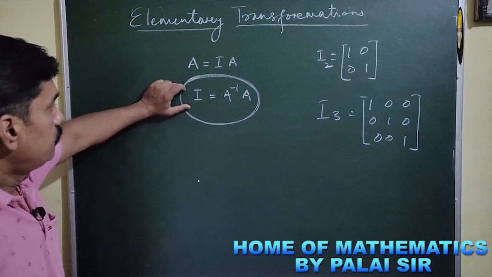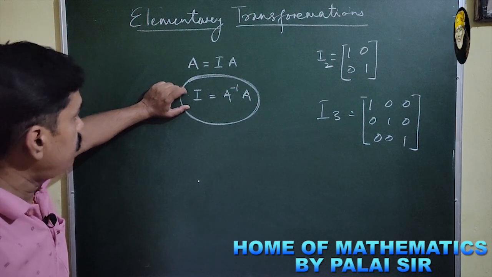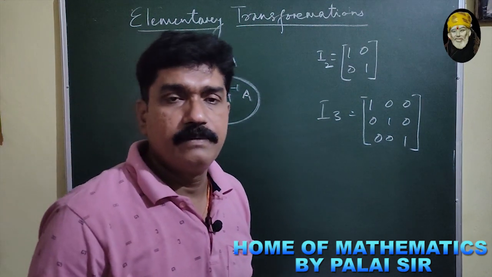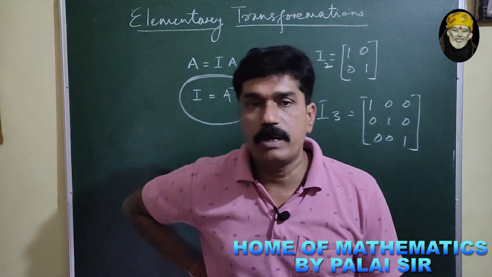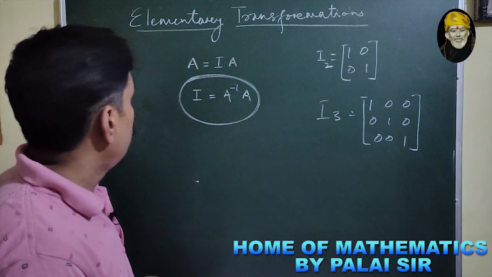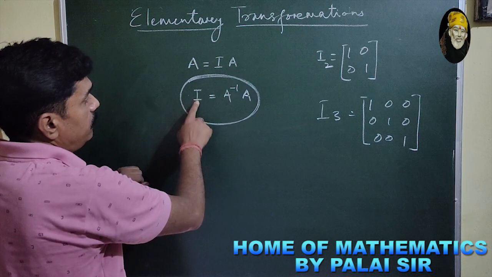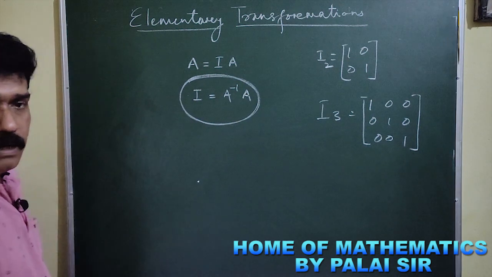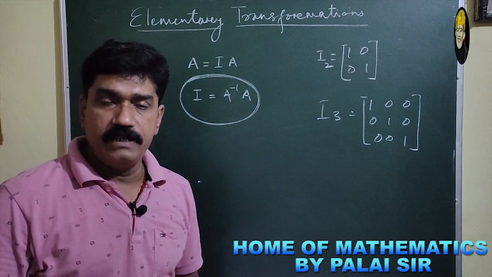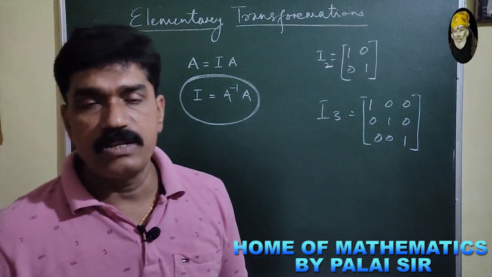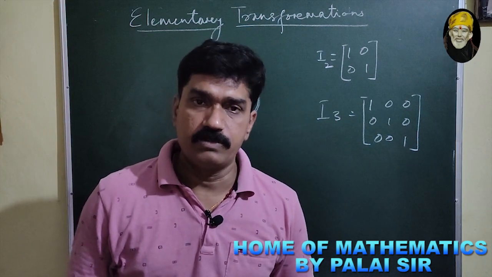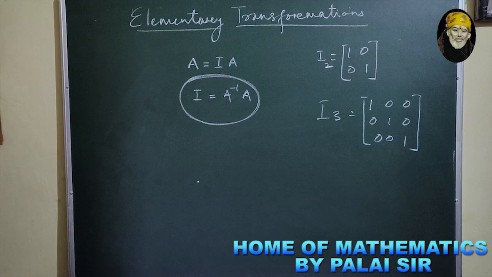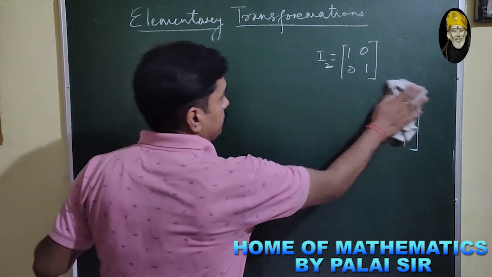Here any matrix is given, and we have to convert that matrix into the identity matrix. Automatically, whatever matrix you get here is to be taken as its inverse. Suppose we are going to find the inverse of a matrix. So, clear now? A equal to I into A, or I equal to A inverse into A. So when any matrix is there, you have to convert that matrix into the identity matrix by taking the help of row transformation or column transformation. So suppose we take a problem and solve it.